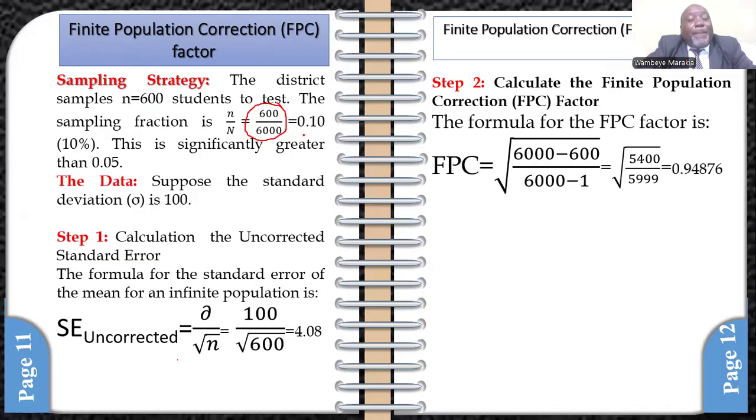Our population was 6,000 and our sample was 600. So it's 6,000 minus 600 all over 6,000 minus 1. You get 5,400 over 5,999, and it's in the root. When you calculate this part, you get